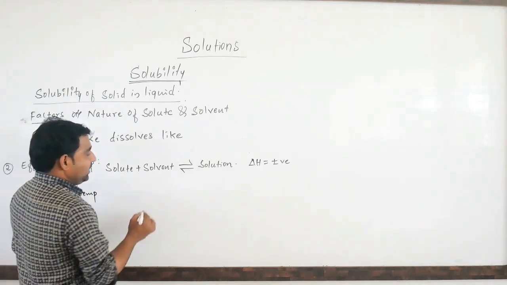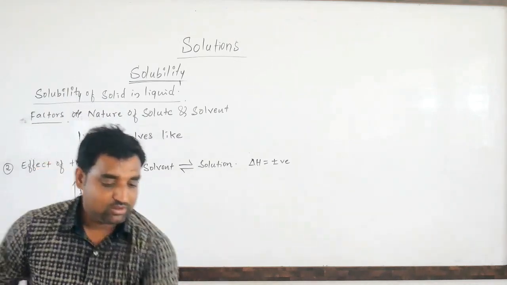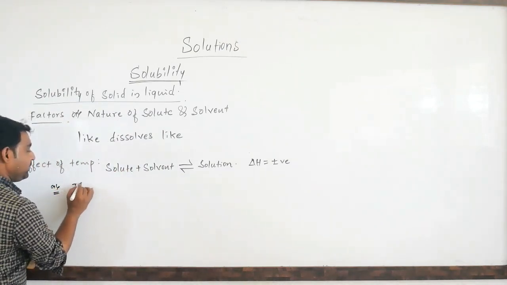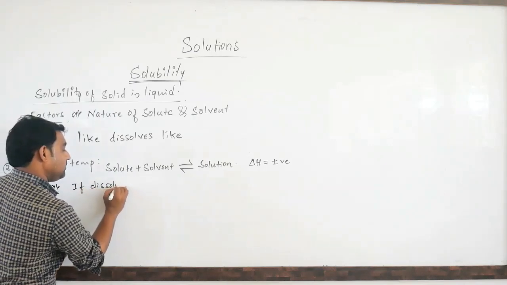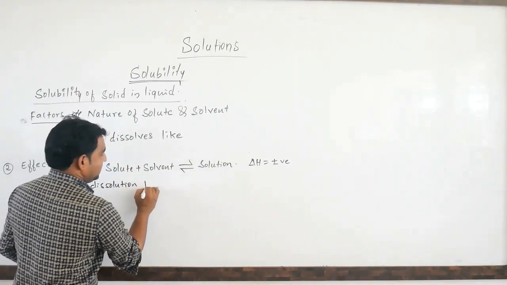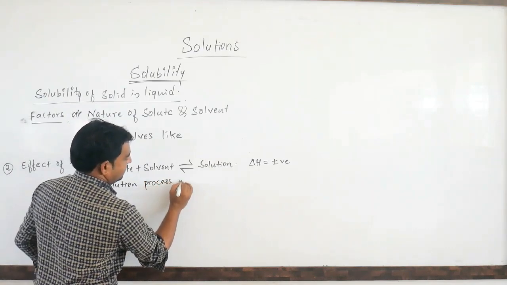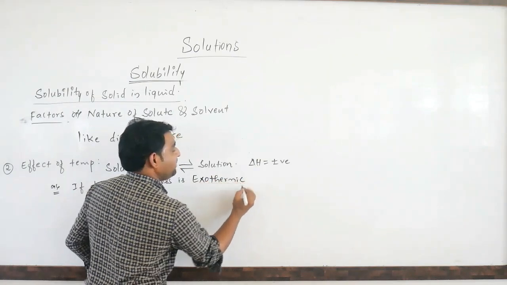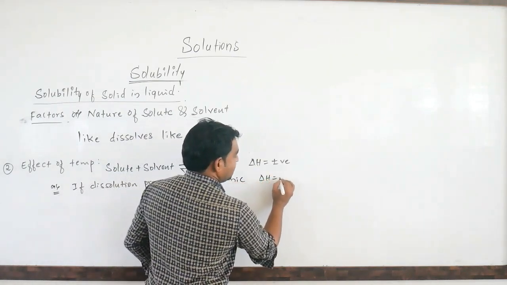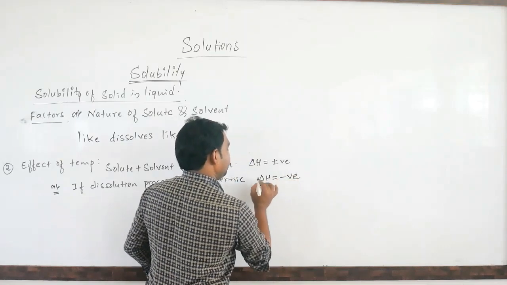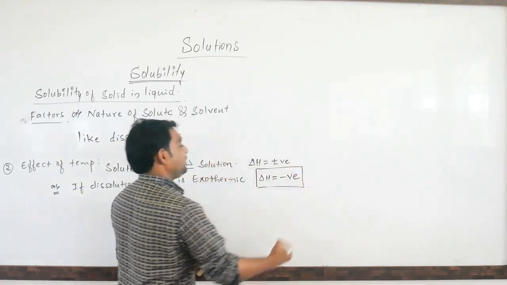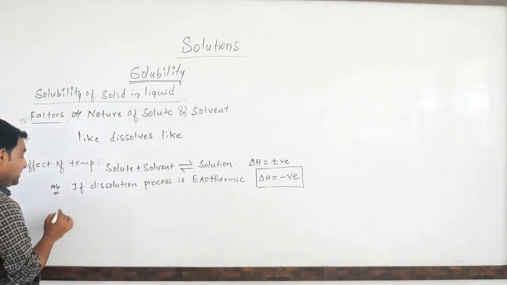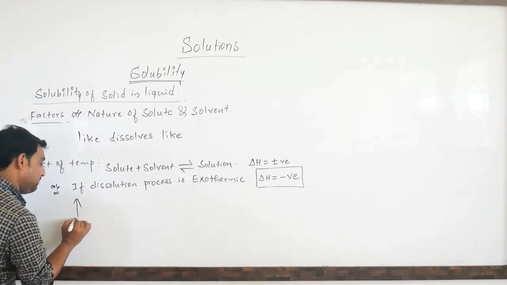For example, you can take the first one among these. If the dissolution process is exothermic, it means the amount of energy, heat, will be liberated. So this is called exothermic. If the dissolution process is exothermic, in such cases, if you increase the temperature,